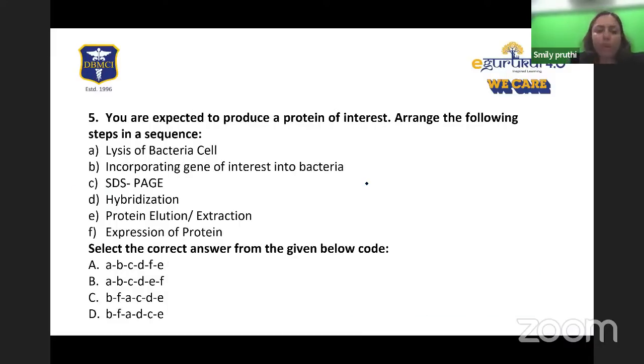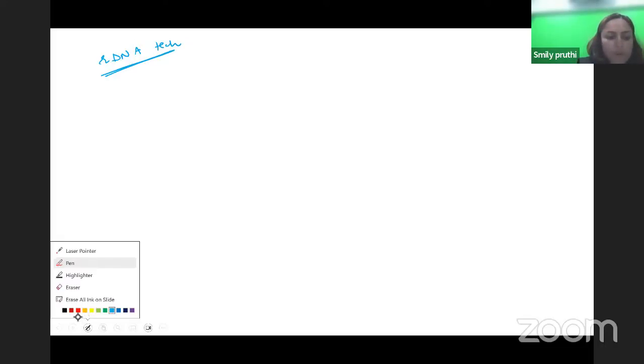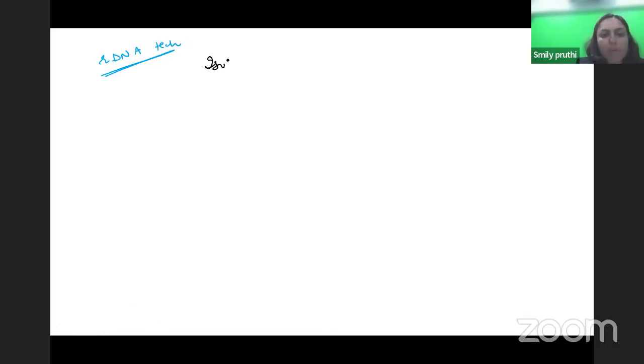Next, you are expected to produce a protein of interest. Arrange the following steps in a sequence. So this is something related to lysis of bacterial cell, incorporation of gene of interest into bacteria, hybridization, elution, extraction, right? So you can understand that these are recombinant DNA technology steps. So we can just quickly note down the steps of recombinant DNA technology. So what we do here, we will isolate